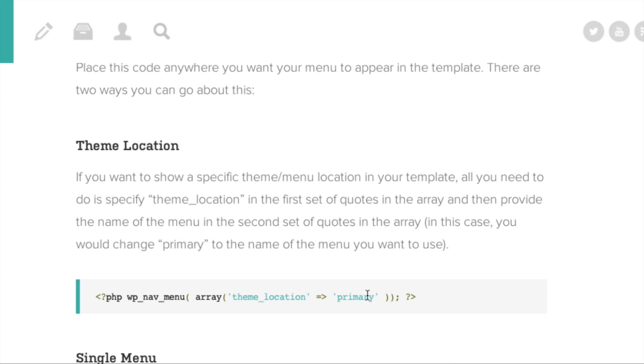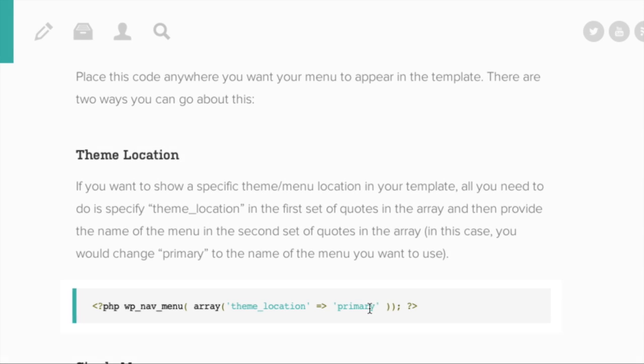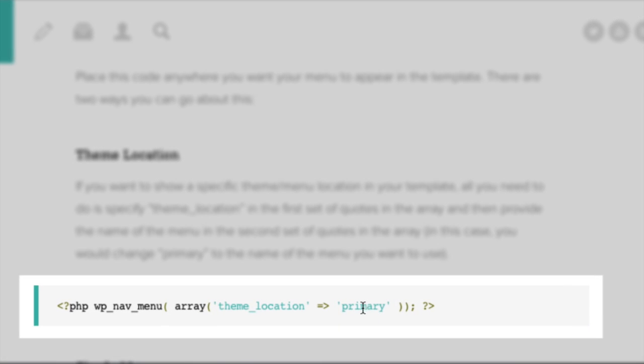But starting with theme location, it's a one-line snippet, and the only thing that we really need to focus on is what's located in the second set of quotes here where it says primary. This is the one that's going to change based on the name that we've given our menu in the functions.php file when we registered these things. Just quickly, in the first quote we have theme location. This is basically setting the parameter of, this is this type of menu. So that's something, if you're using theme locations, you won't need to touch, but you will touch the second one,